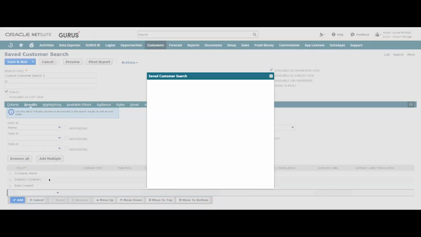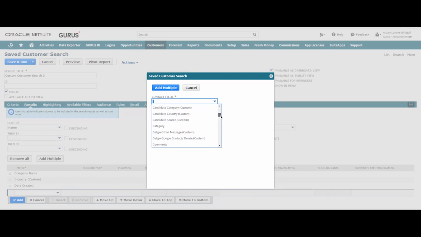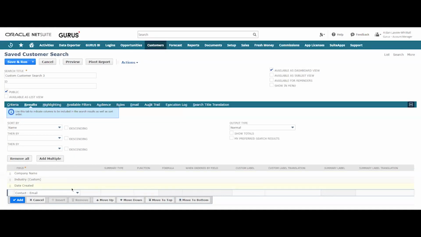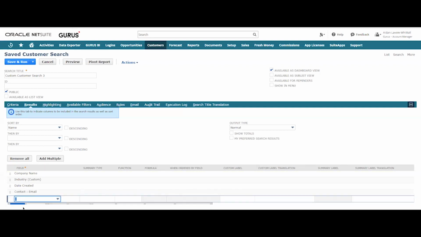And as you can see, it opens up an extra tab and it gives us more options here. We'll open up this drop-down list. And since we're looking for email, we can just type that in and select email. And then we'll select Add to add that to our results list.